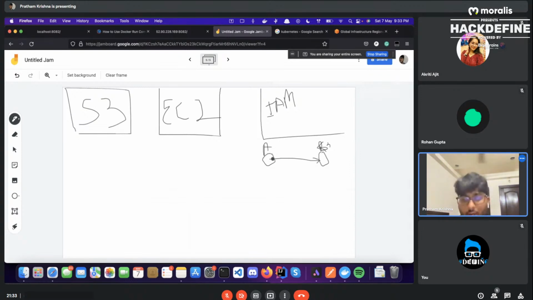So let's say you can allow it to only access a specific S3 bucket or all S3 buckets or a specific EC2 instance. You have that flexibility in IAM roles. So this is something you should always set up whenever you create an AWS account. Reason one, security. Reason two, if you're giving certain access to somebody else to work on an AWS account, always use a new IAM role or a user.